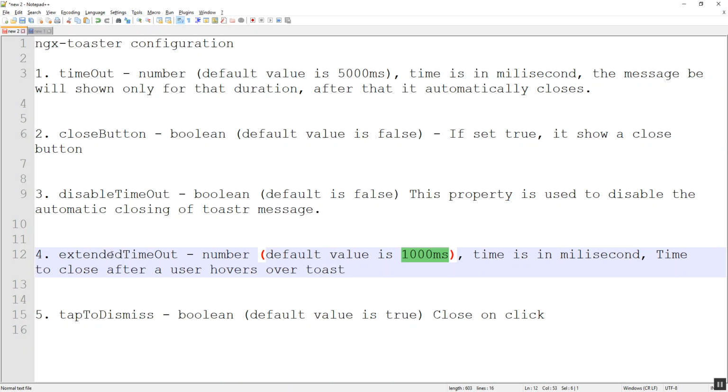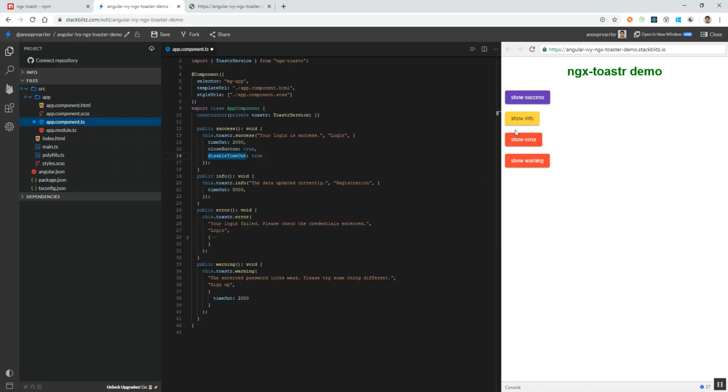So suppose we need it to close only after 2 seconds, then we can use this extended timeout property and set that to 2000 milliseconds. Then if the user hovers over the message, the message will get closed only after 2000 milliseconds. Let's see. For the show info, I am hovering over it, and after 1 second it's getting closed.